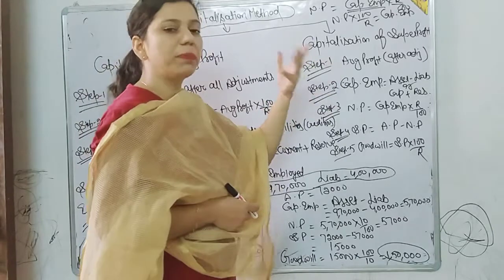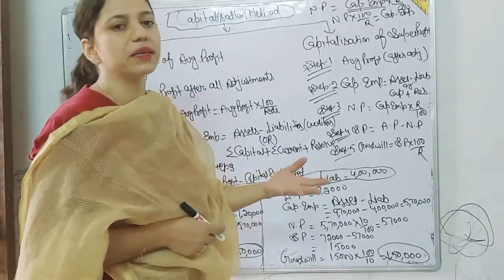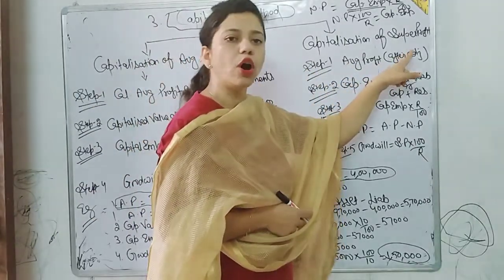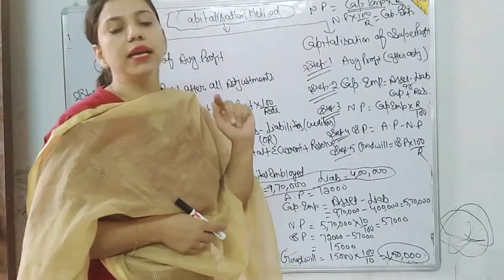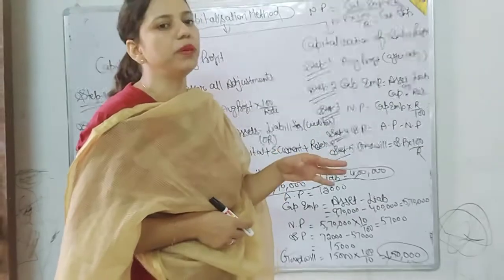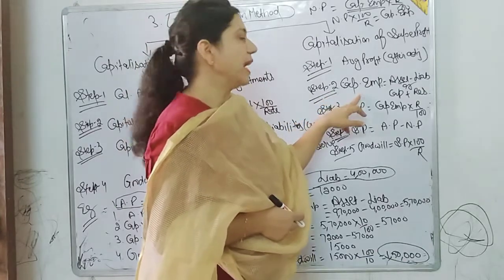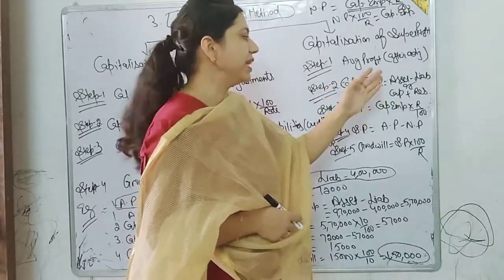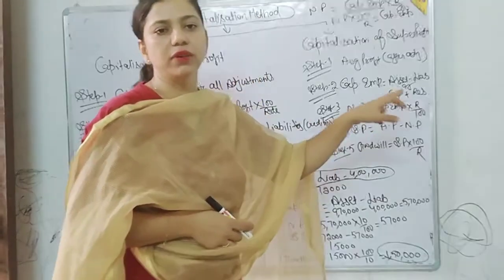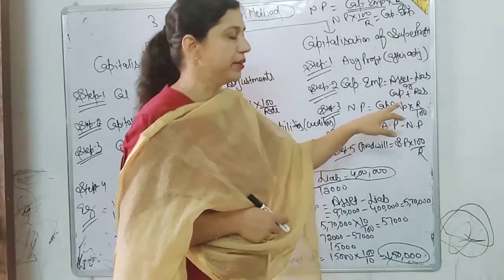Step 1, as we previously discussed super profit, the basic steps are the same, only the last step is changed. Step 1, we have to calculate average profit after all adjustments. Keep in mind that previously remuneration was not given in the question. Now remuneration can also be given, so it should be deducted. Next, step 2, capital employed. As I told you, we can calculate it by asset minus liability or capital plus reserve. Current account is given in very rare situations. If it is given, then we should add it.